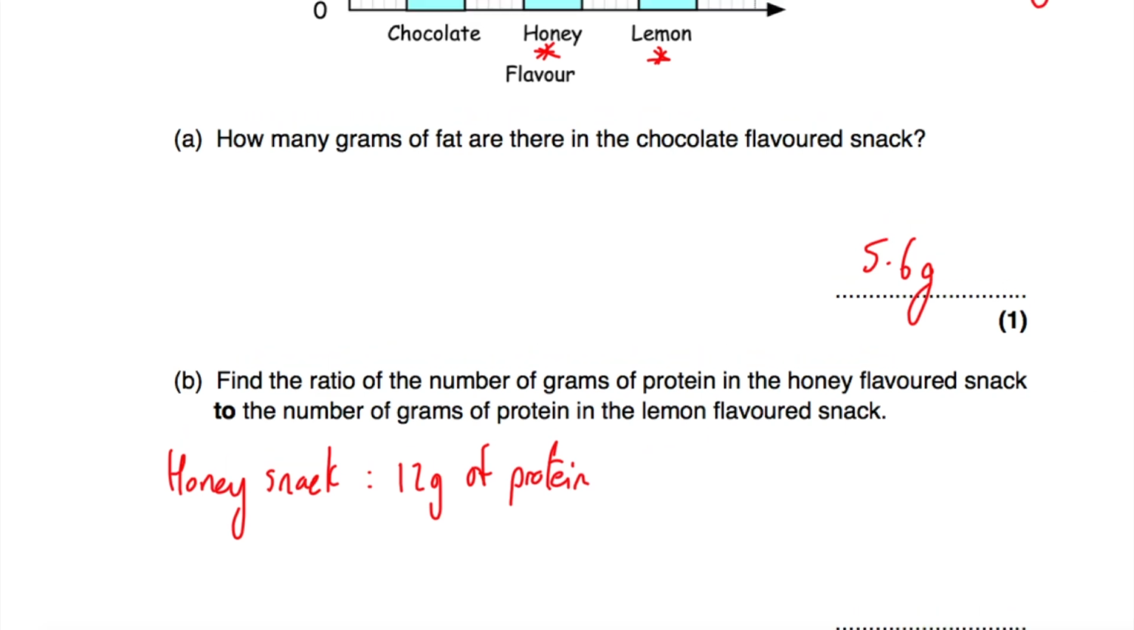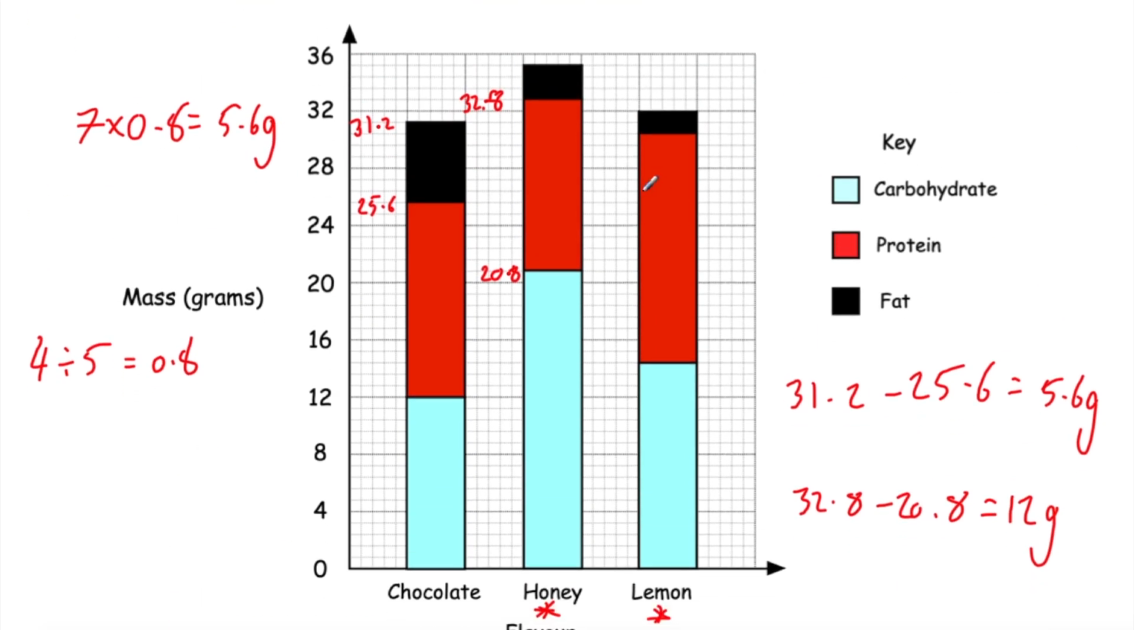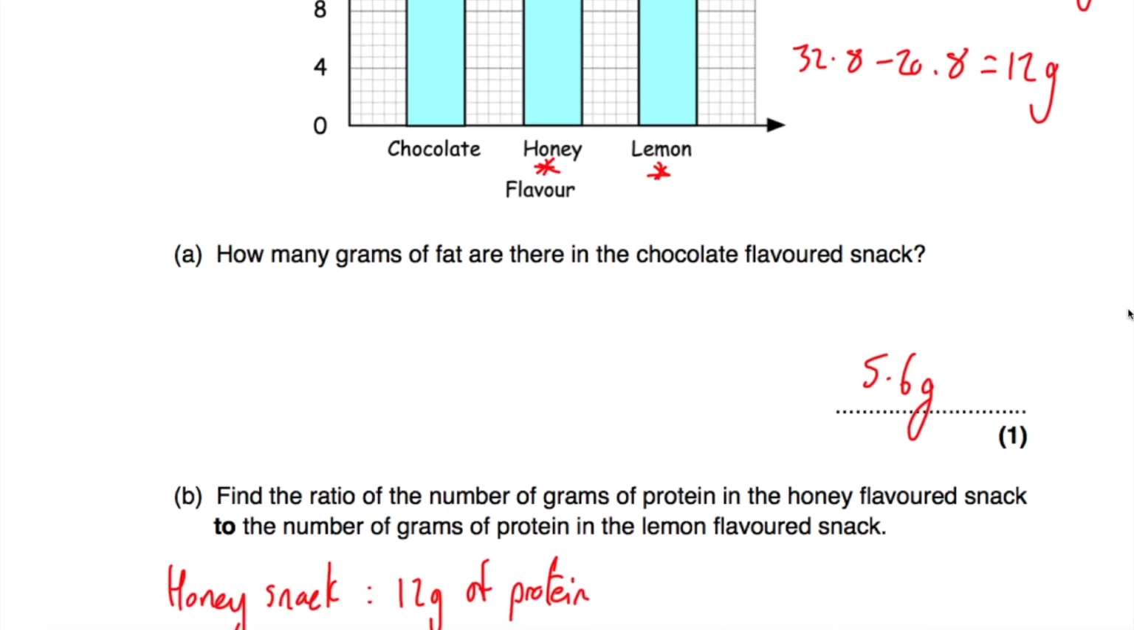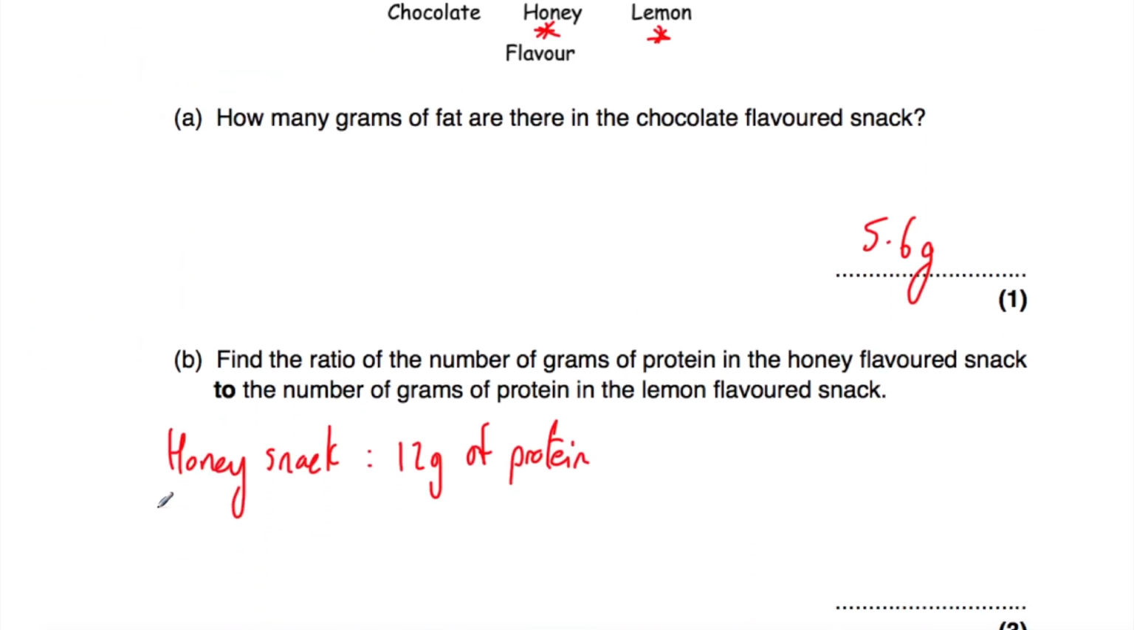And then if we go up to the lemon flavoured snack, that's this one here. Remember we're going up in 0.8, so we've got 12, 12.8, 13.6, 14.4. So 14.4 grams, that's the height there. And then if we go up here, we've got 28, 28.8, 29.6, and 30.4. So if we do 30.4 take away 14.4, that's equal to 16 grams. So that's going to be 16 grams of protein in the lemon flavoured snack. So lemon snack,